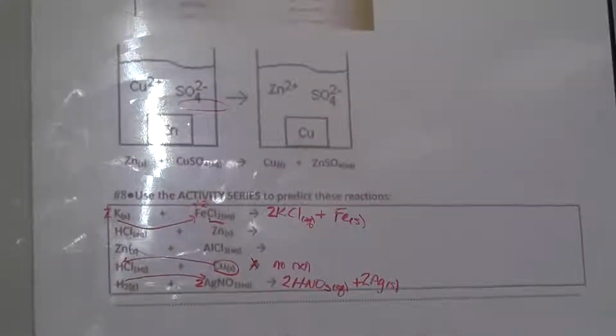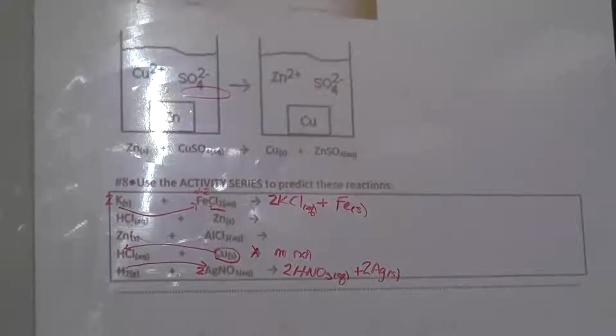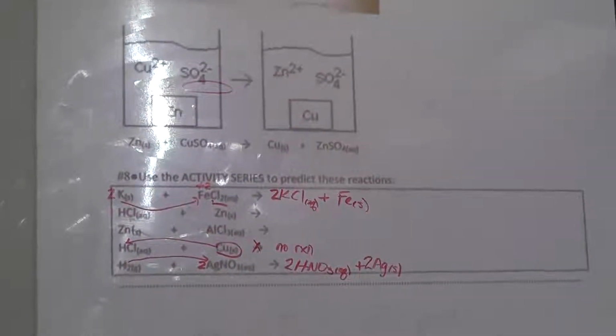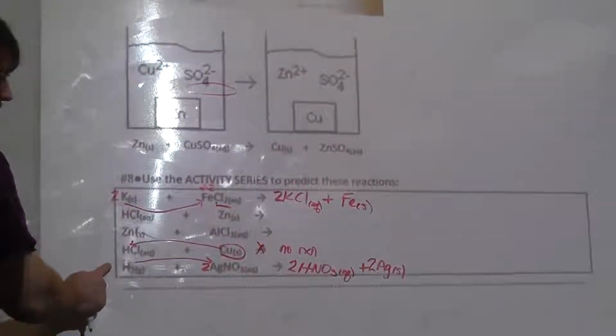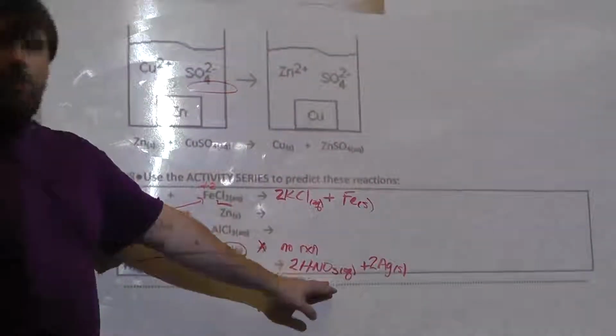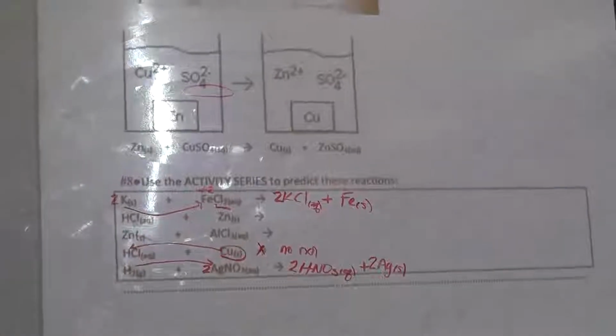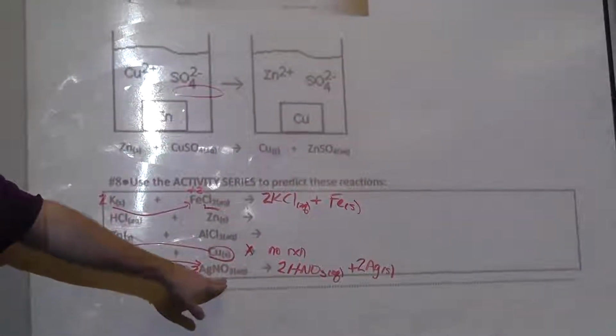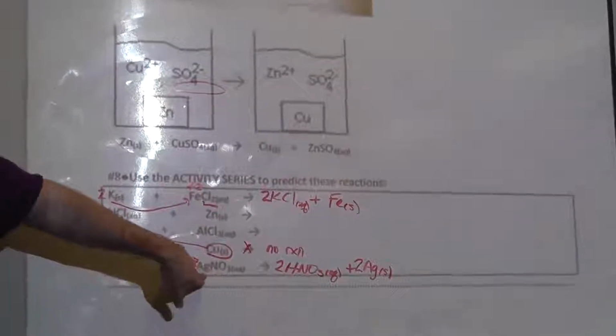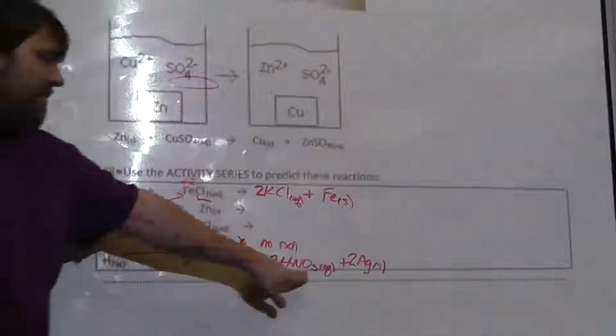Since hydrogen is a diatomic molecule, would it already be H2NO3? It will be H2 here, but you have to follow rules of charge when you're talking about combining. So just like the silver is a +1 and the nitrate is a -1, they go together in 1-to-1 proportions. You have to follow